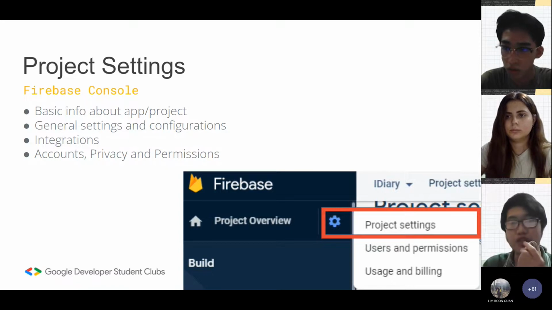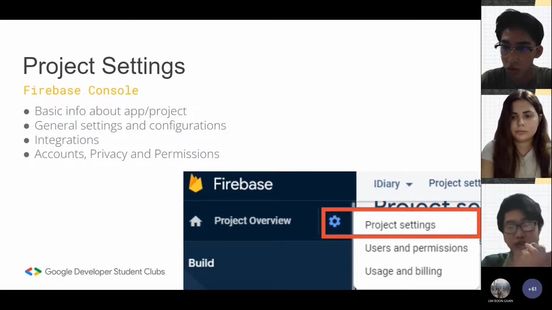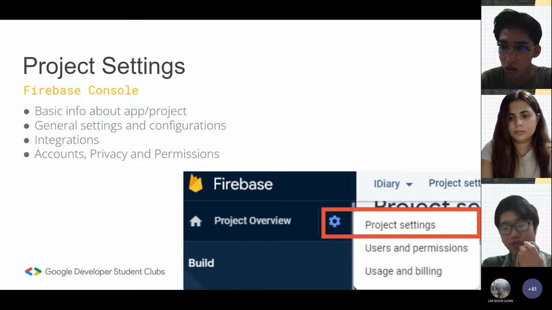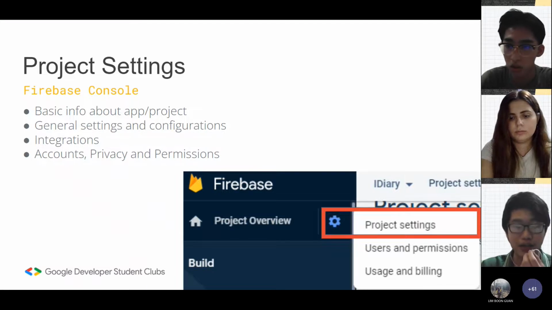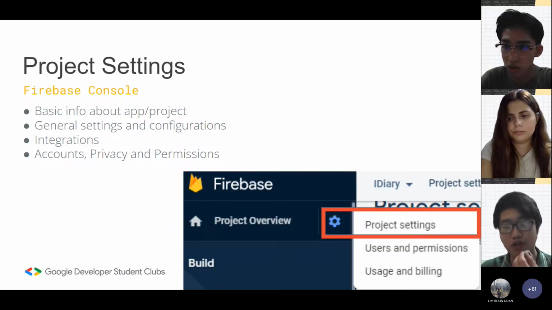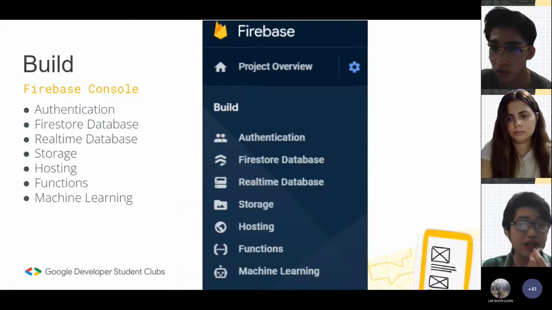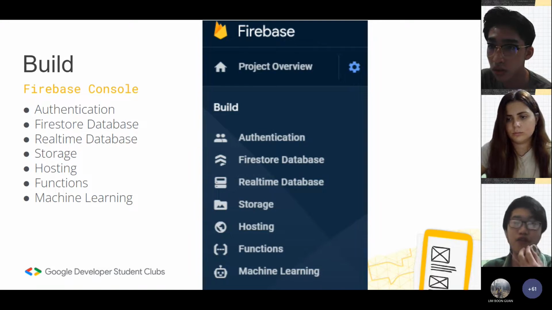Project and app are two different things. Your project is created in Firebase so that it provides the management for the app. So you can control who can manage that project. For example, you can have millions of people who are users of the Facebook app, but who has access to the management part, or the console part, of Facebook? Only the staff of Facebook. So you can control that, who your staff is, in project settings. Next we have build. Build is like the main part of the Firebase console.